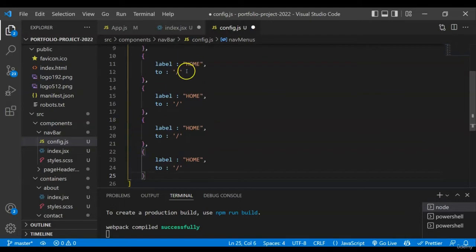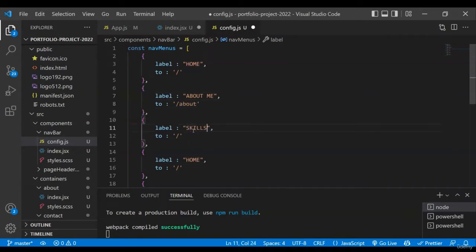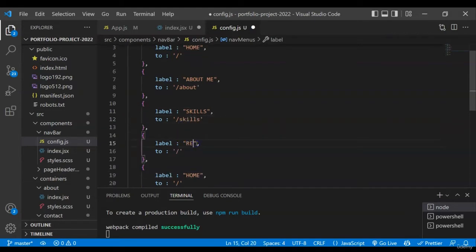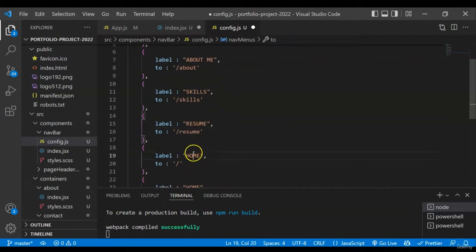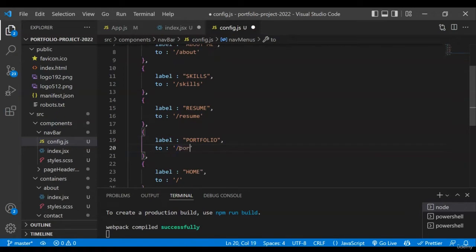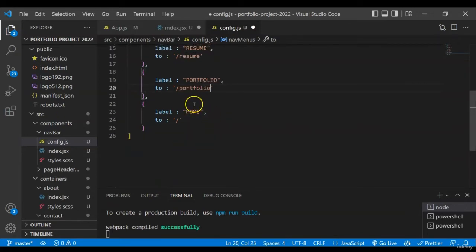And now the next will be About Me page, and this will be about. We have the Skills page, and this will be skills. Then we have the Resume page, and this will be resume. Then we have the Portfolio page, and this will be portfolio, and at the end we have the Contact page, and